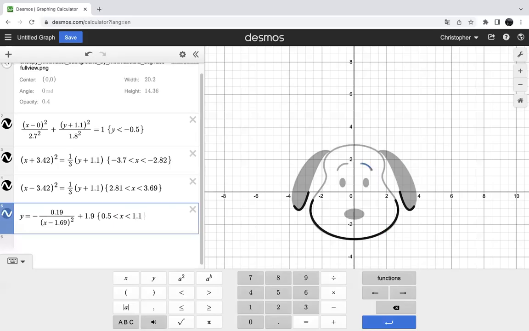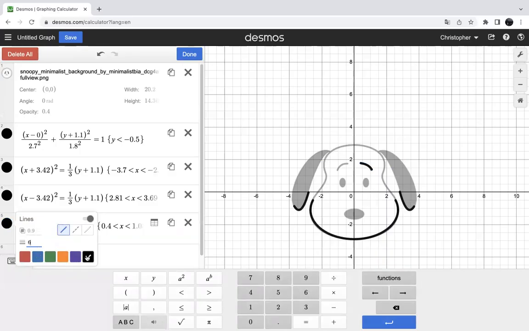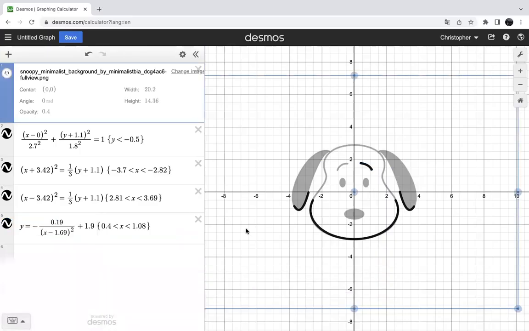So 1.1, perhaps it was too much, 0.9, 0.8, and over here 0.5, I can change it to 0.4. So I have a good approximation. I can still make it better, but you get the idea of how to use a rational function. And if you want to, once again, adjust the thickness and the color, you have a very good approximation of the